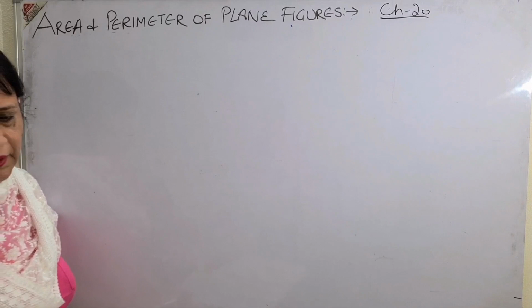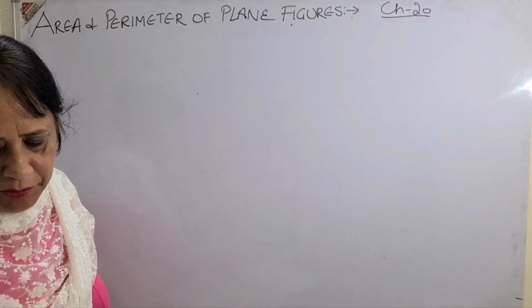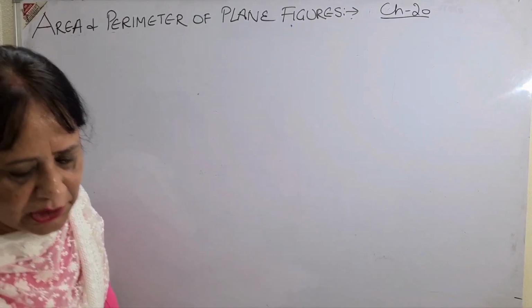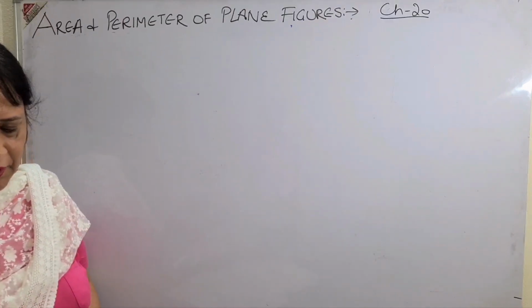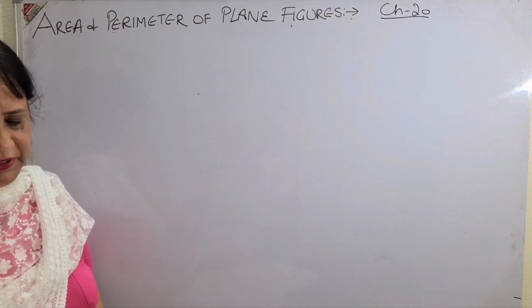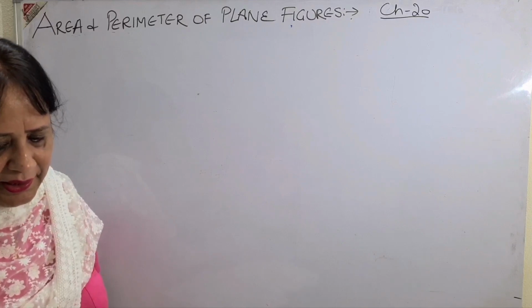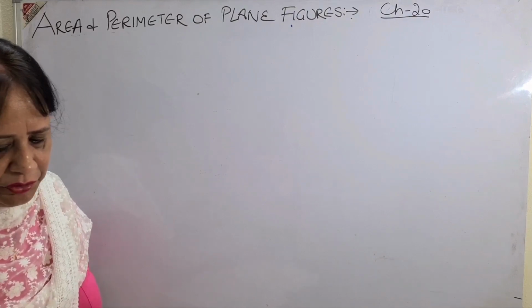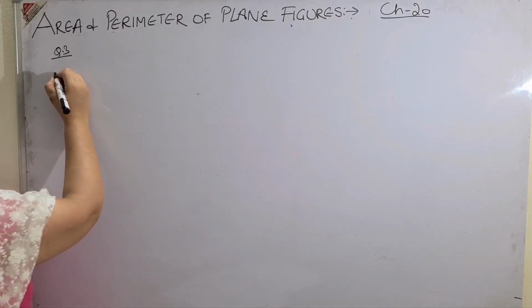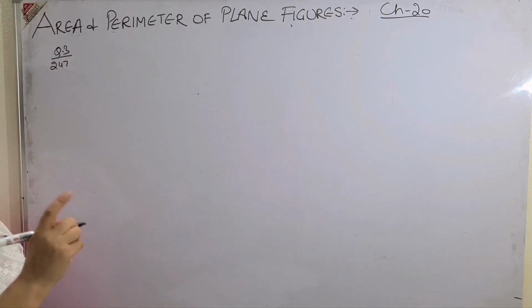For example, I'll be doing the third sum from page 247, exercise 20A, the important ones and the ones where you can get confused. I will do the sums so that it is easy for you. Now coming to question number 3 of exercise 20A. It's a very simple sum. They say that ABC is a triangle in which AB is equal to AC is equal to 4 centimeter. Children, make the habit of writing the question number, page number also, and of course the diagram